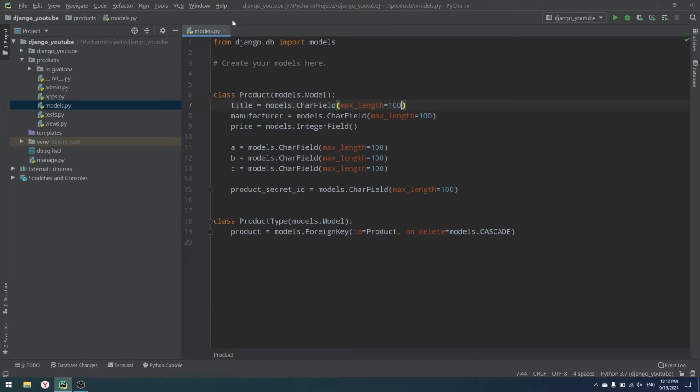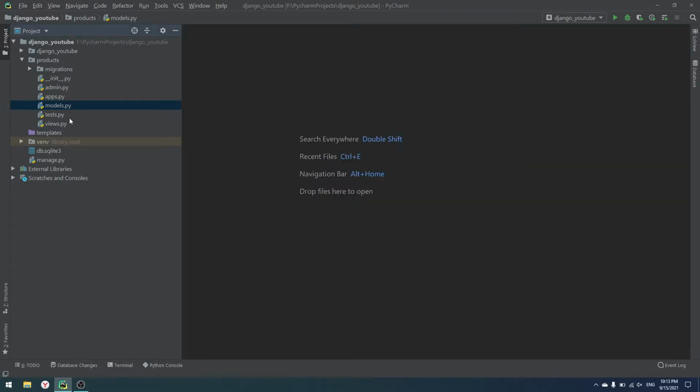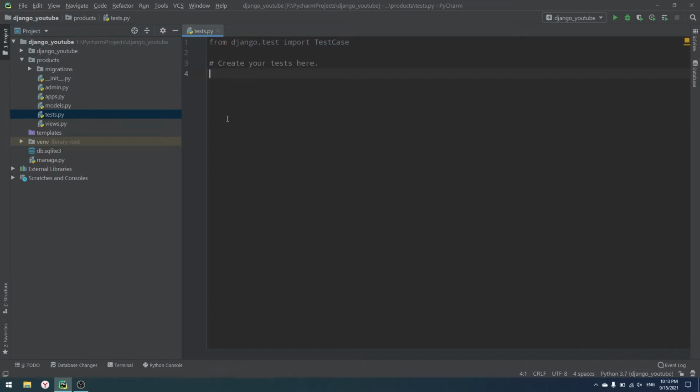Okay, next let's go to the tests.py, and of course the most popular problem with tests is that you don't have tests. Yeah, well, as for me, I am trying to write tests for everything that I'm coding,